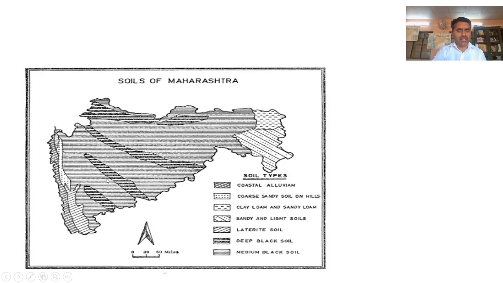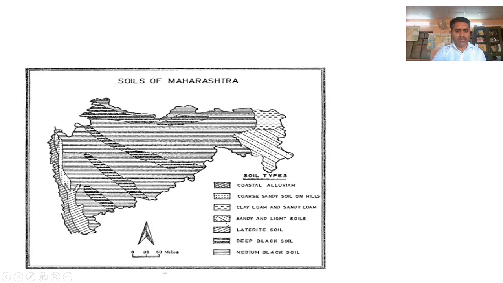these dotted lines, particularly in Thane and Raigad, that is northern Maharashtra or the northern ranges. There is a coarse sandy soil on hills, particularly on the top of the hills only this type of soil is found. Next one is clay loam and sandy loam, dotted lines. Here it is only Bhandara and Gondia. I have already explained this type, that is clay, loam and sandy soil. Very few patches, a few parts are shown over here.